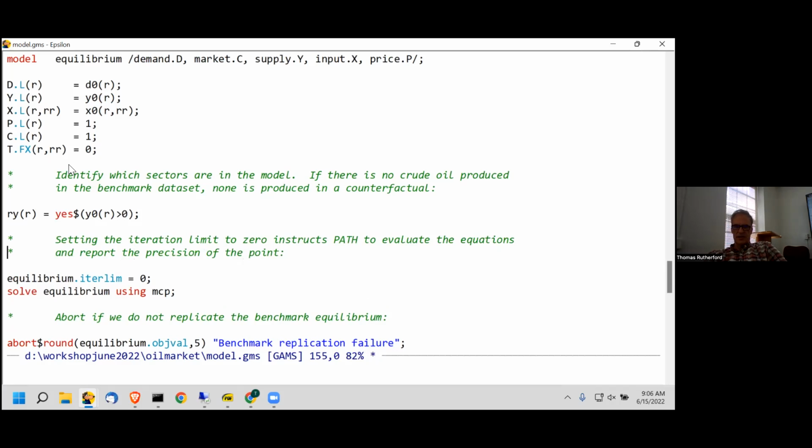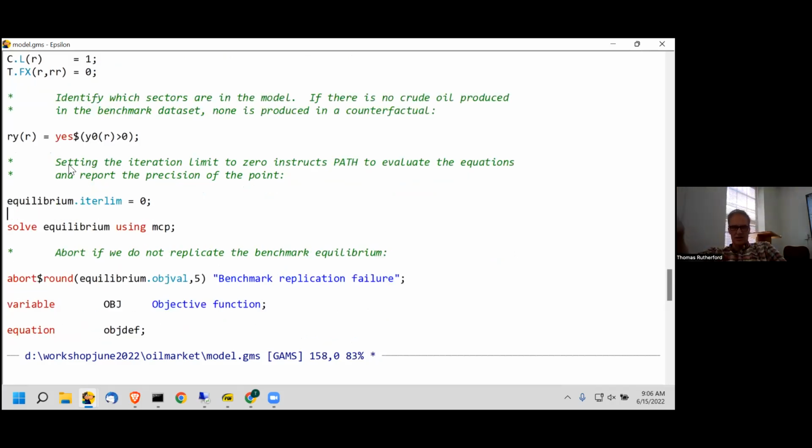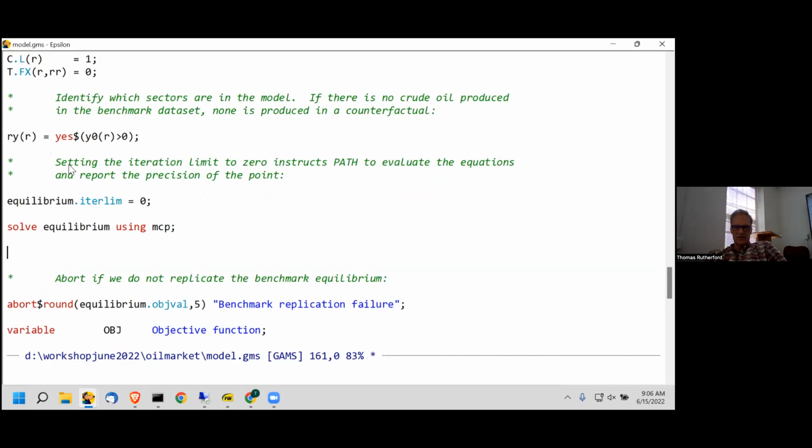Okay, so that's what I'm telling PATH: iteration limit 0 says don't touch anything, no iterations, just evaluate the function. So it does a function evaluation, and then after doing the function evaluation, we assess